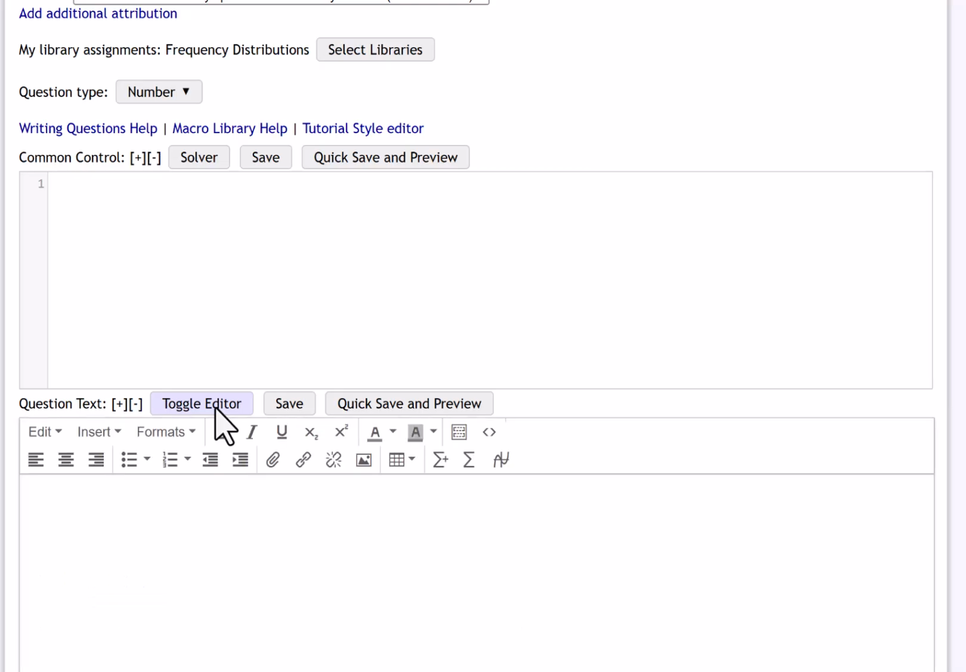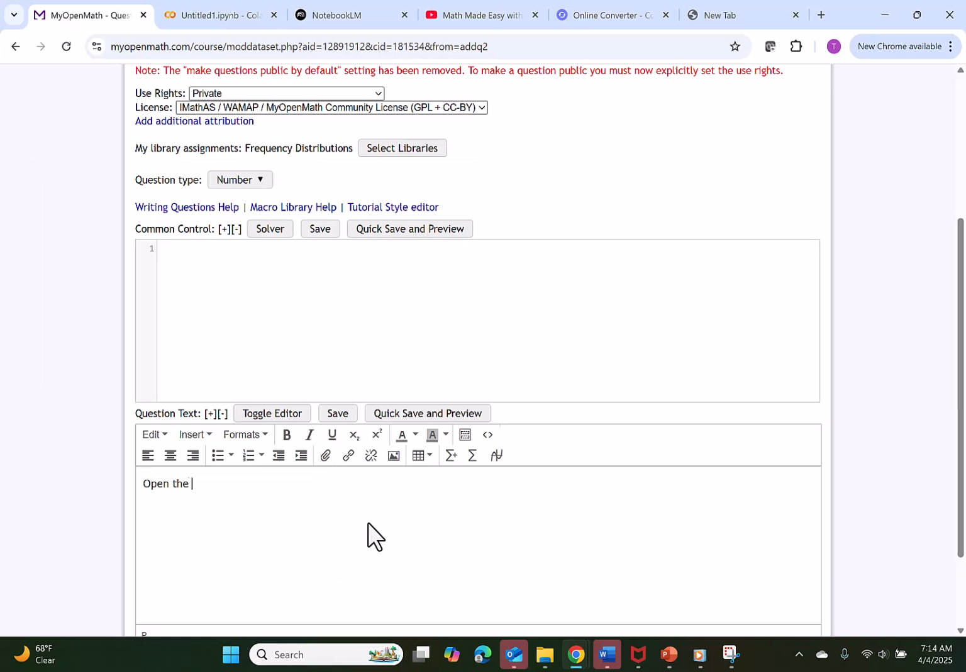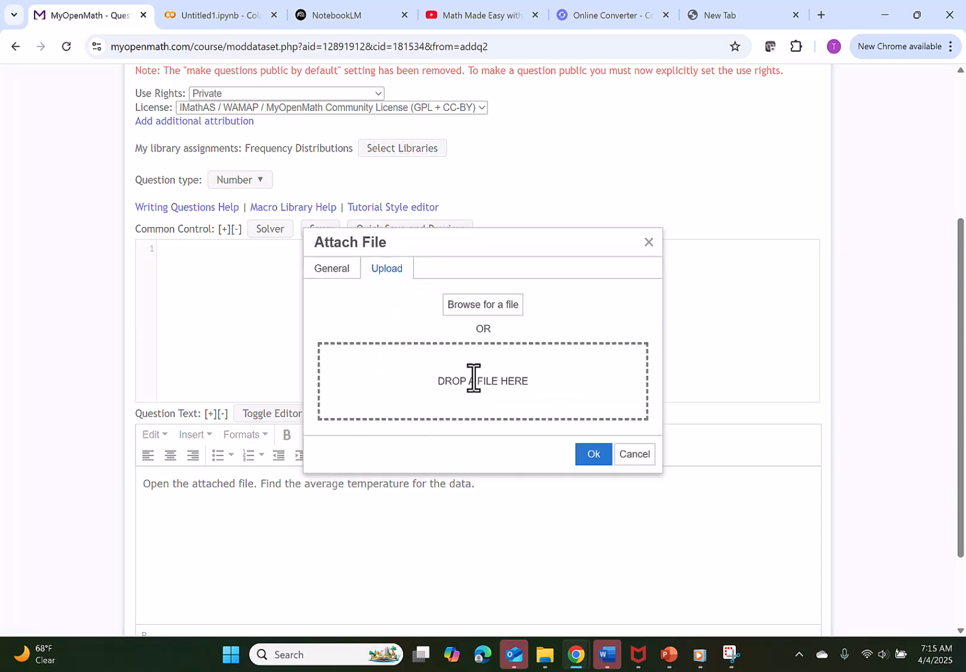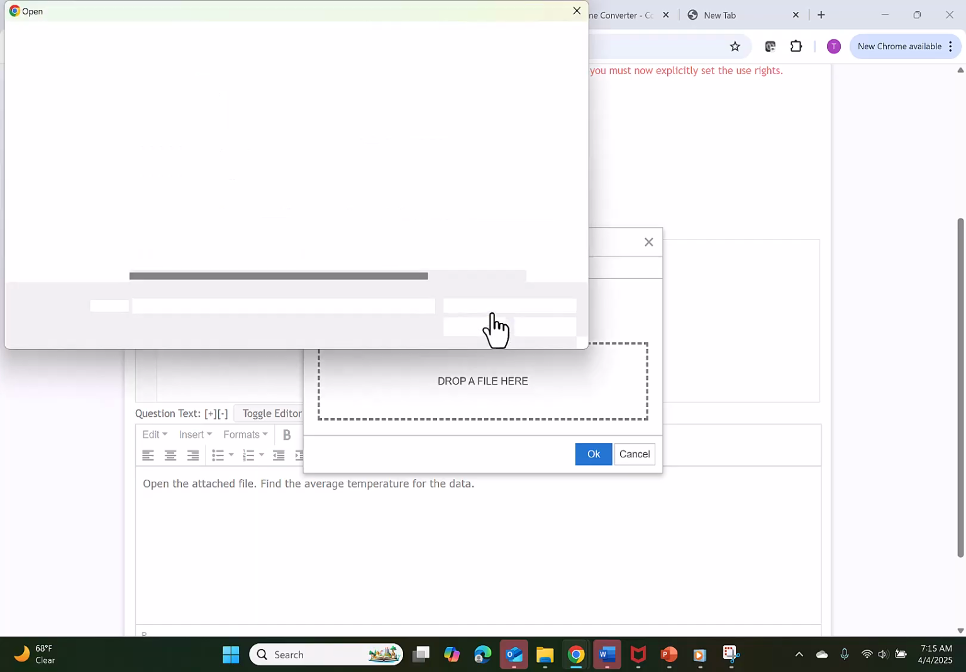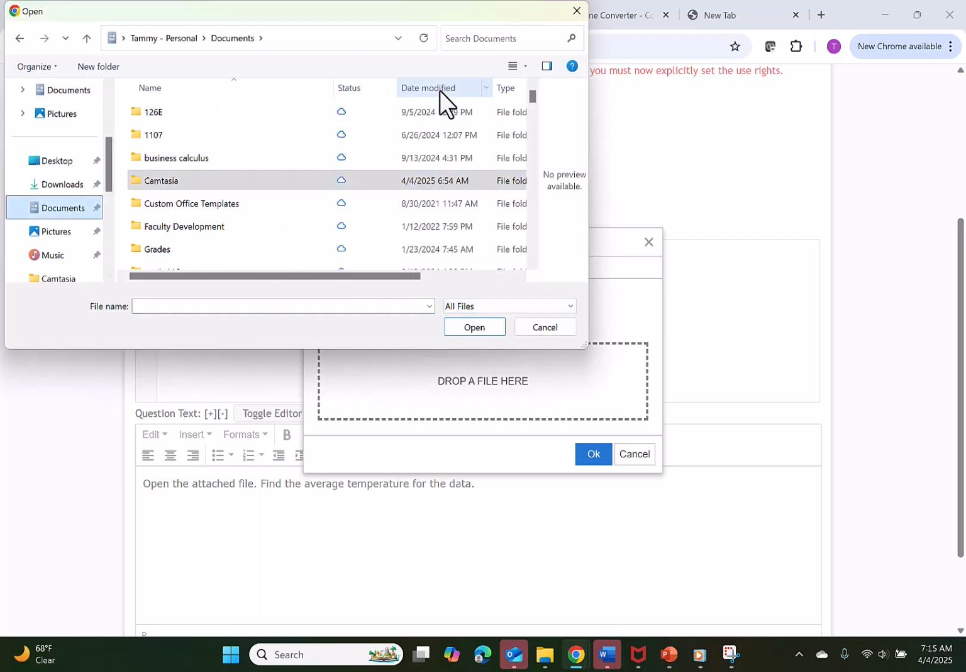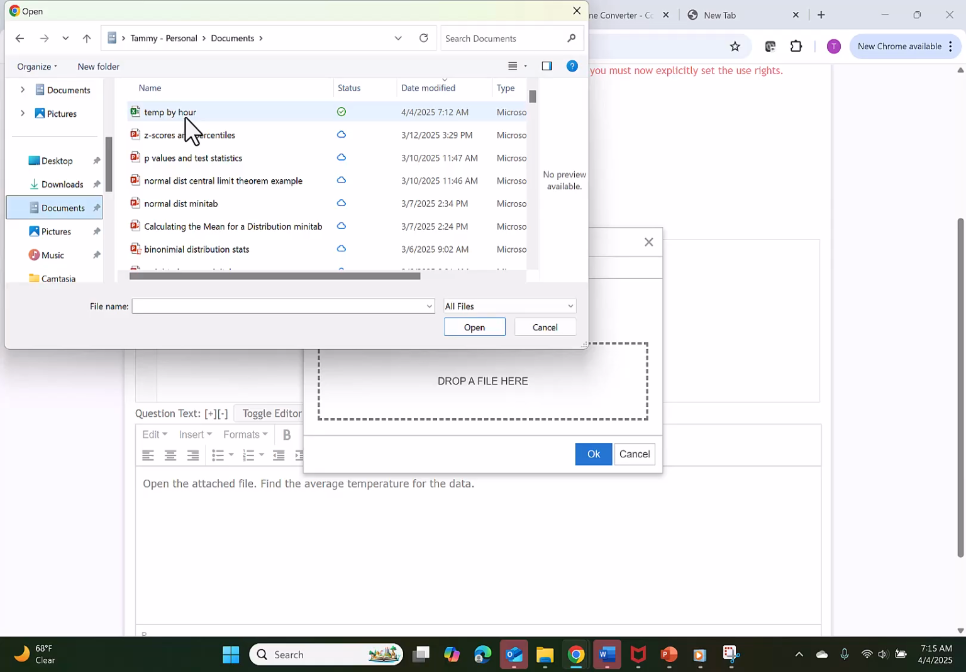When I click toggle editor, you can see that my menu is changed and I have an easy way to attach a file, insert a link, or add a picture. So let me show you how to attach a file. Let's give some instructions to the student. Now I'm going to hit attach, then I'll click on upload, and then I'm going to browse for my file. I'll just go to my documents, and in this case I'm going to insert this temp by hour Excel spreadsheet,